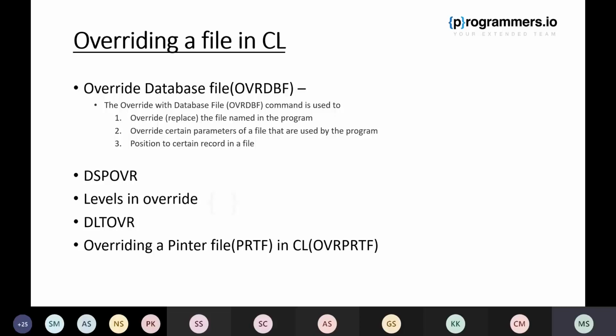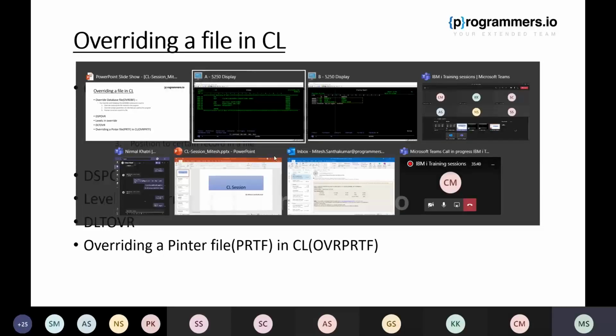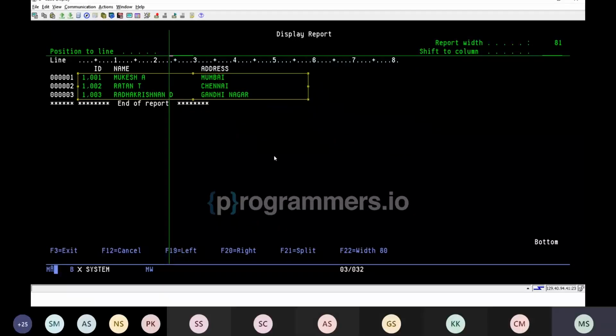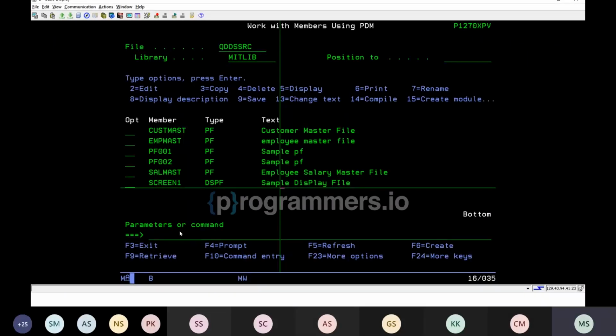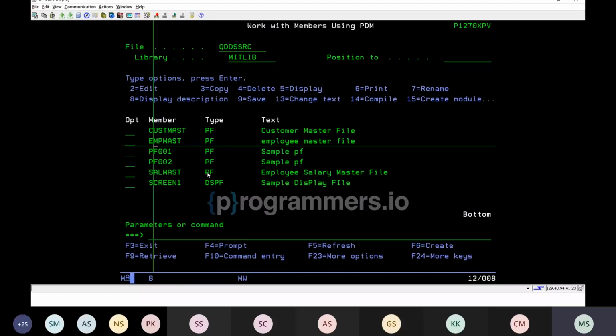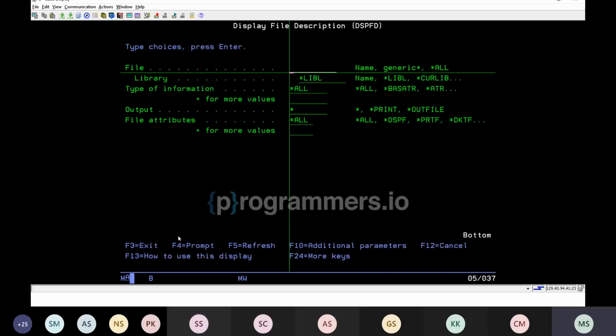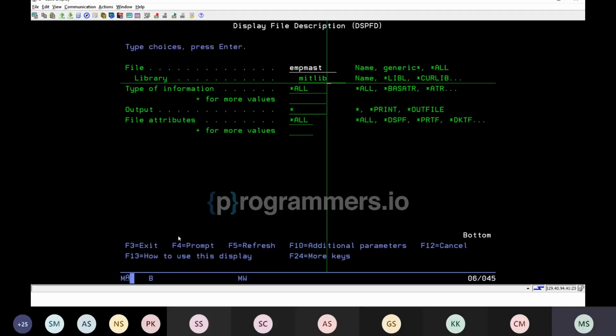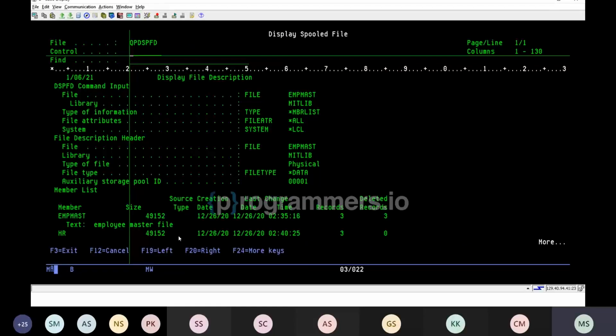Overriding a file in a CL program. Let us first understand why we need this. As we saw, we have an EMP master file. Now this EMP master file is a multi-member physical file. The way to get all the members of a file is using the DSPFD command. If I enter EMPMAST, the library, and in the type of information I enter member list, this says that I have